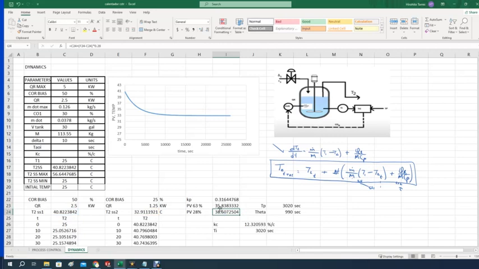that gives about 35.8. And for PV28, we do the same thing, except that we change the percent, instead of 0.63, we go to 0.28% for the dead time. Now, what we need to do is to locate that 35.83. You can use perhaps that 35 might be somewhere here, 34.6